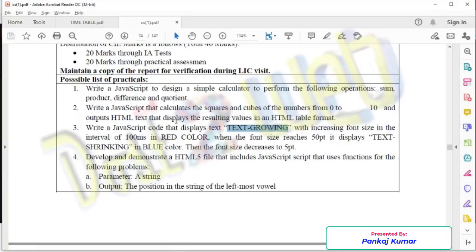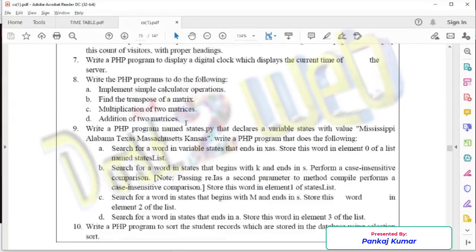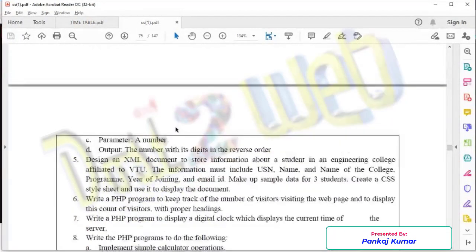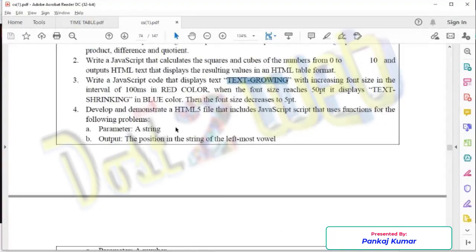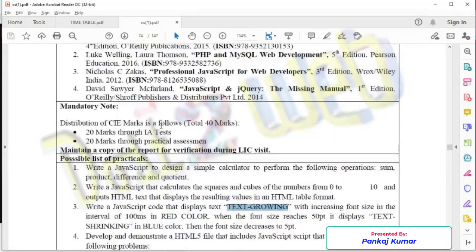And there are so many other examples. This is all your web programming lab. If you refer to the previous semester, the old scheme, 17 scheme web programming lab, mostly all the practicals are from that one. So you can refer to that.